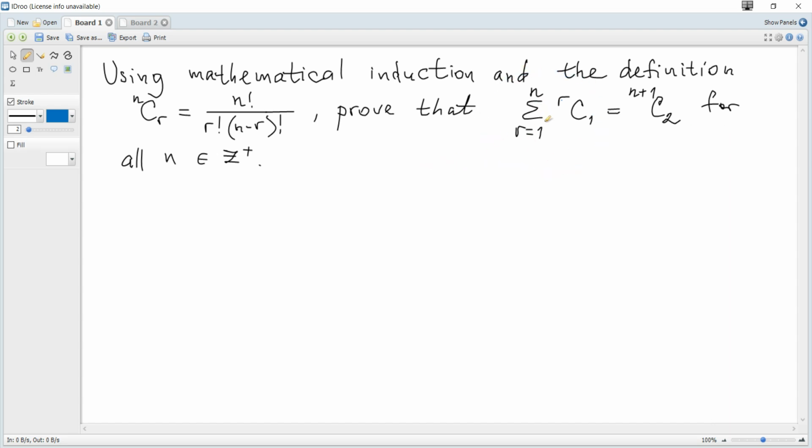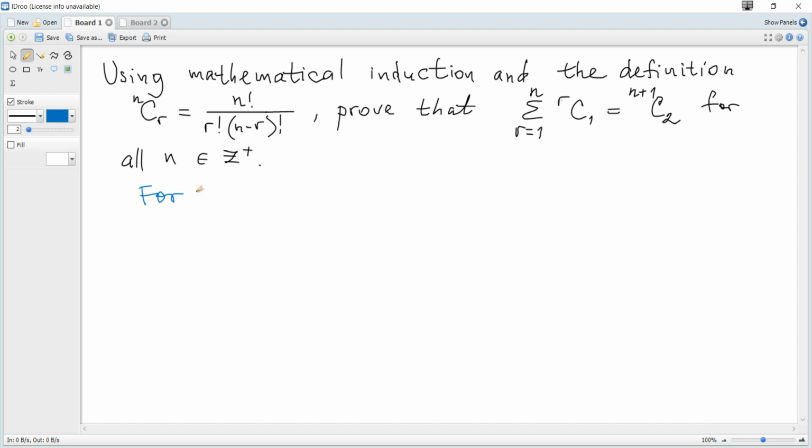It means that we should consider the first possible value of r, it's 1, and just substituting 1 for r, we get the number of combinations 1 out of 1, plus, and we consider the next possible value of r, it's 2, so it becomes plus the number of combinations 1 out of 2, and plus so on up to the last possible value of r, it's n, so plus the last term, the number of combinations 1 out of n. So as usual, we start with the smallest possible value of n,